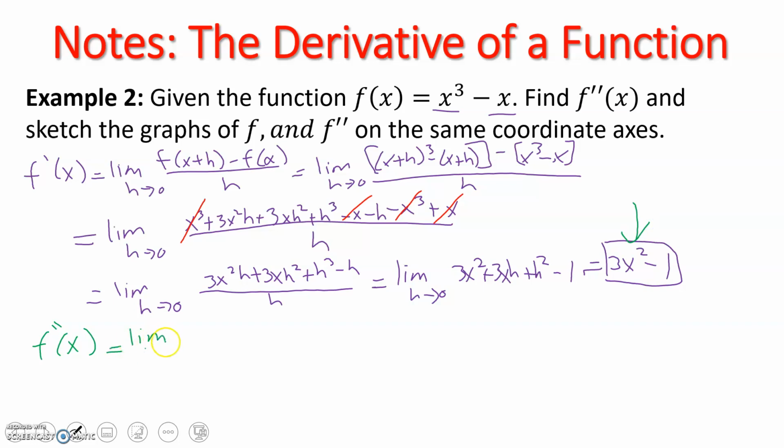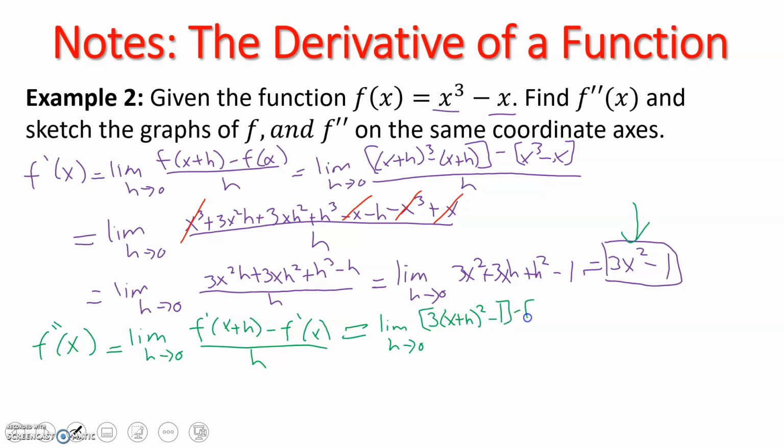So we have the limit as h approaches 0 of f prime of x plus h minus f prime of x over h, which in this case becomes the limit as h approaches 0 of 3 times x plus h squared minus 1 minus 3x squared minus 1 over h,